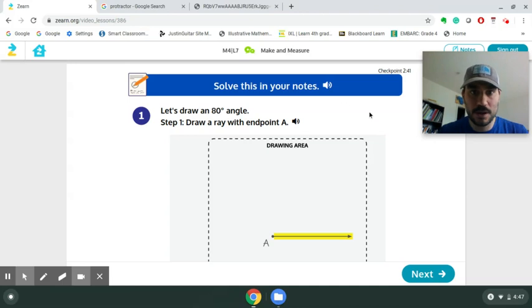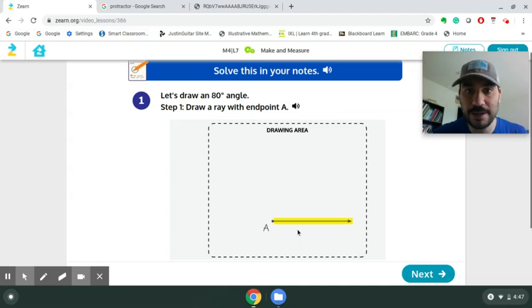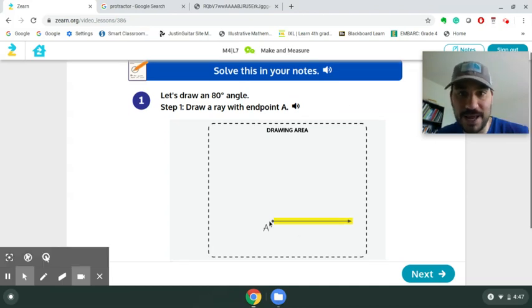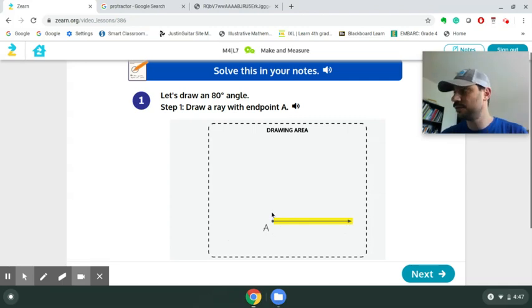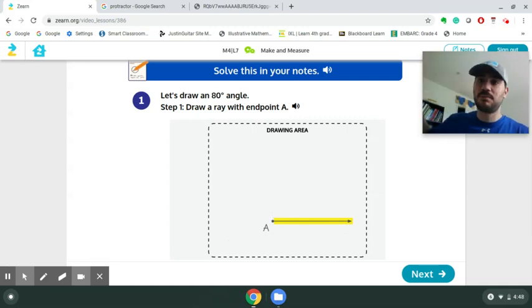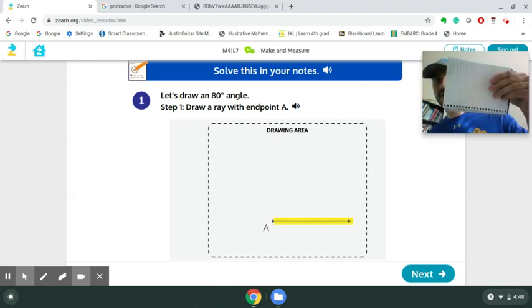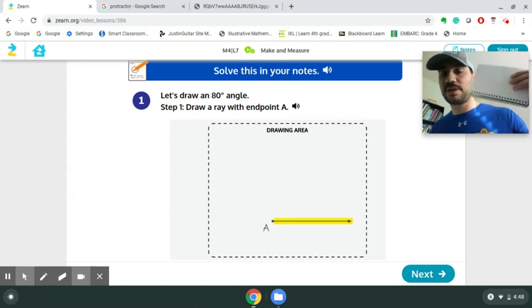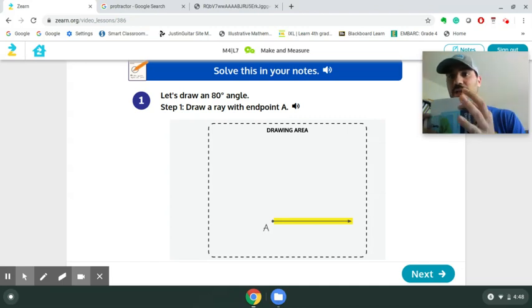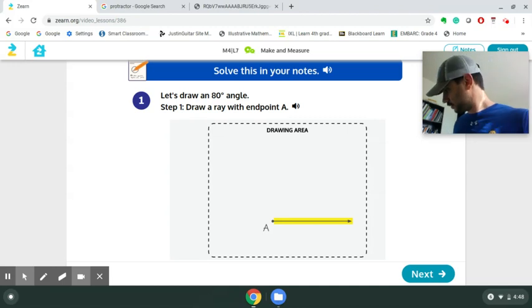So we want to start by drawing a ray. Remember, a ray has one end point and then an arrow at the other side. All you'll need for this is a straight edge. My ruler is downstairs, but I don't even need a ruler. I could use the edge of a book, right? So what you want to do, take a piece of paper. It can be a line paper. It can be blank paper. It can be anything. And I want you to draw